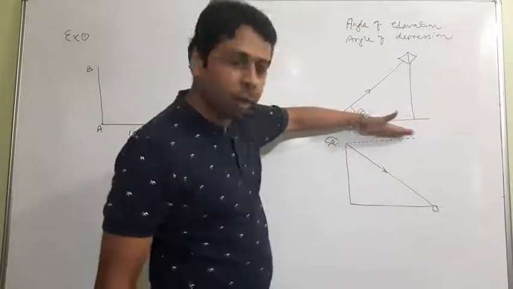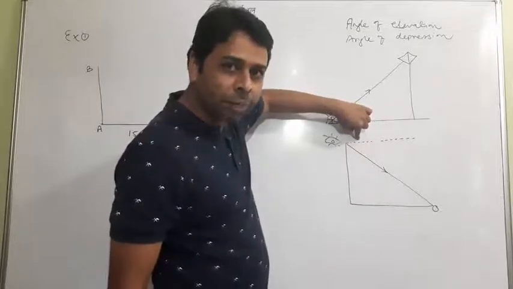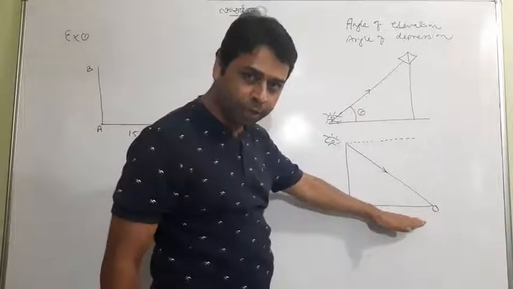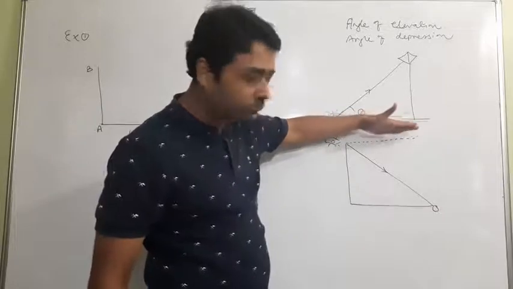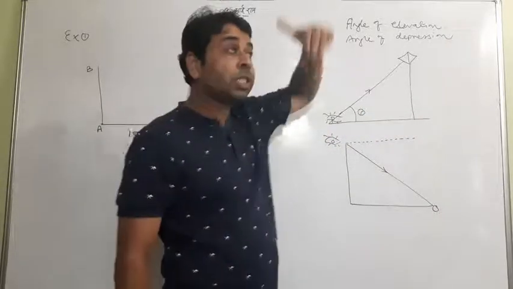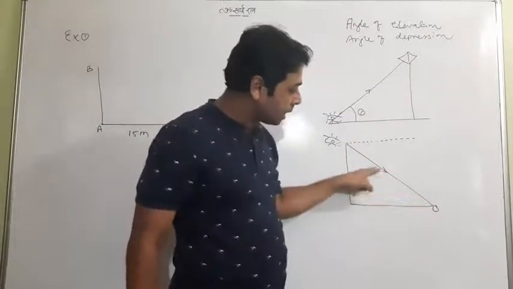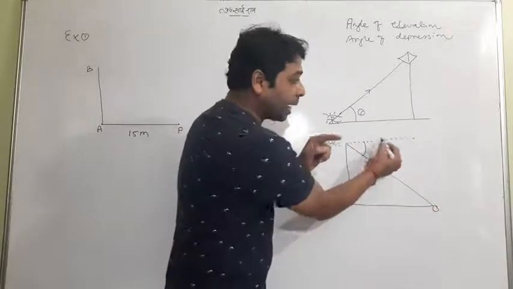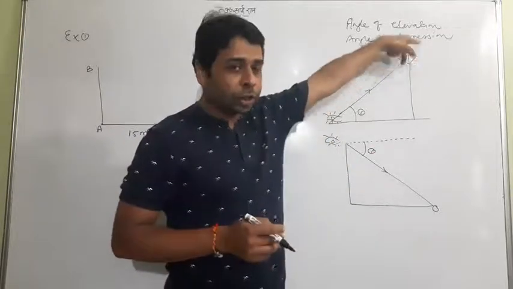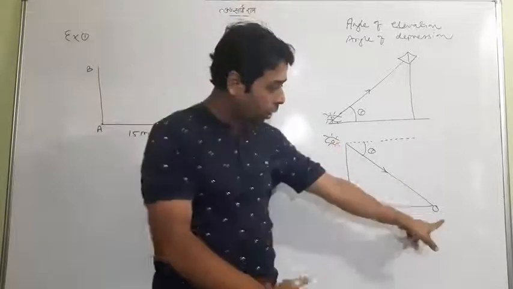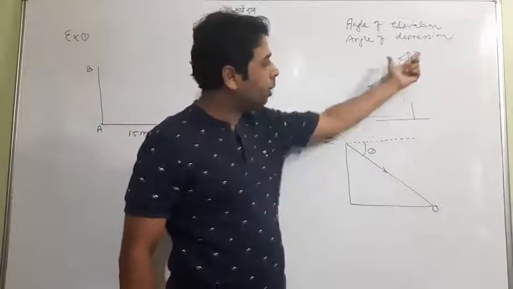This is actually the sky. Here it is not any real plane, just an imaginary plane parallel to the existing plane. This is the existing plane, this is the imaginary plane, and this is the observer sitting at the top of the building. When he or she observes the ball, this is the eyesight, and the angle between the eyesight and the imaginary plane is called the angle of depression. So in the angle of depression, the observer is upside and the object is downside. In the angle of elevation, the observer is downside and the object is upside.